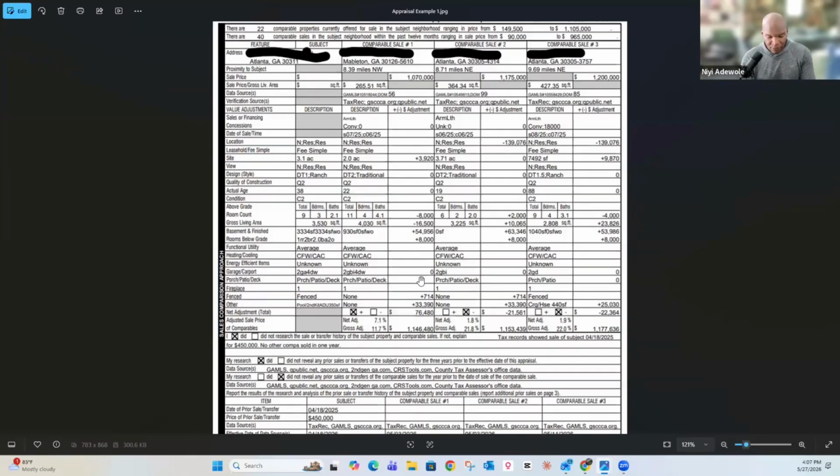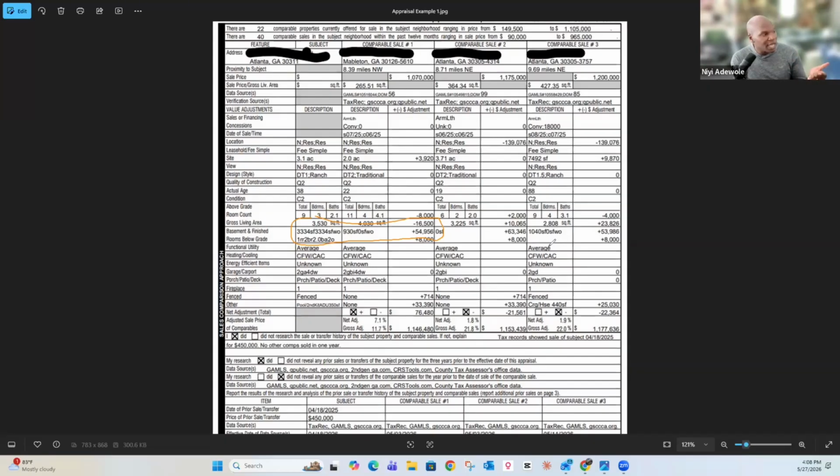So the example I'll give you is, there we go. Okay, cool. So when you're looking at this piece, right, and the adjustments that were made for the above ground adjustment, this one's 4,030 square feet. So 4,030 minus 3,530. And so you never touch your subject property, which is the one that you're looking at. You always adjust the other properties to match that. And so you need to adjust this other property to be 500 square feet less. And so you subtract that. If we did that times 50, it would actually be 25,000 less. They took a little bit less off, which is amazing.